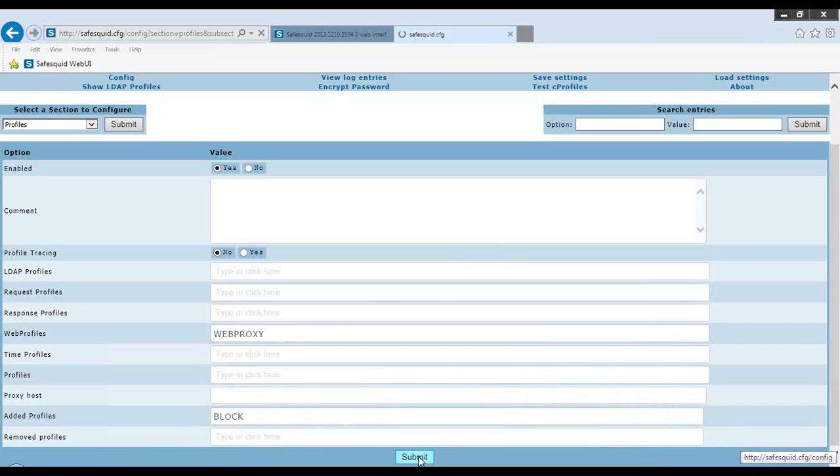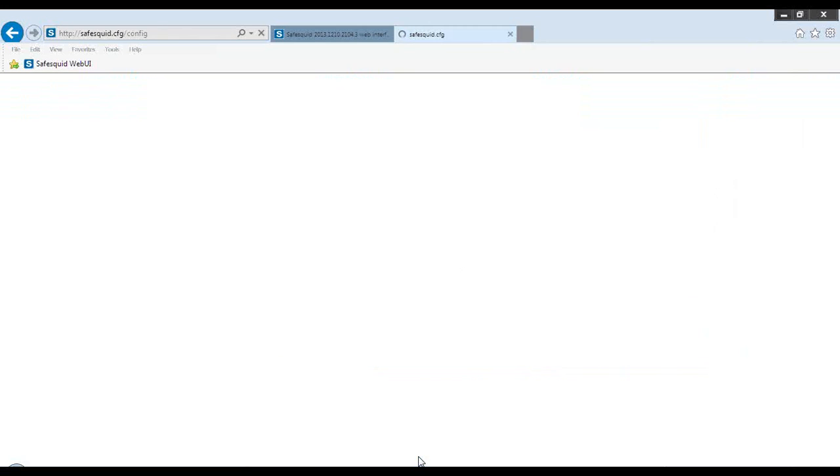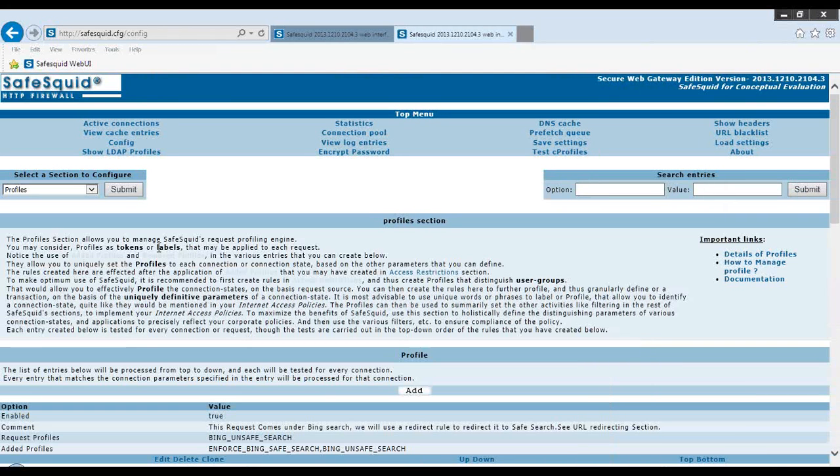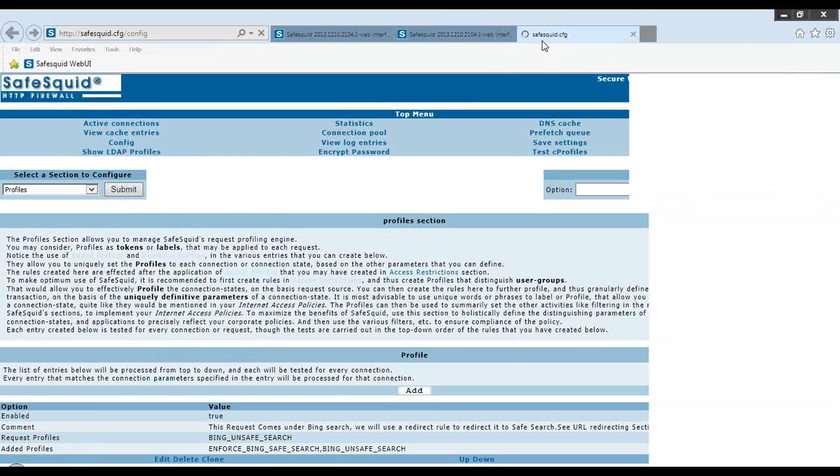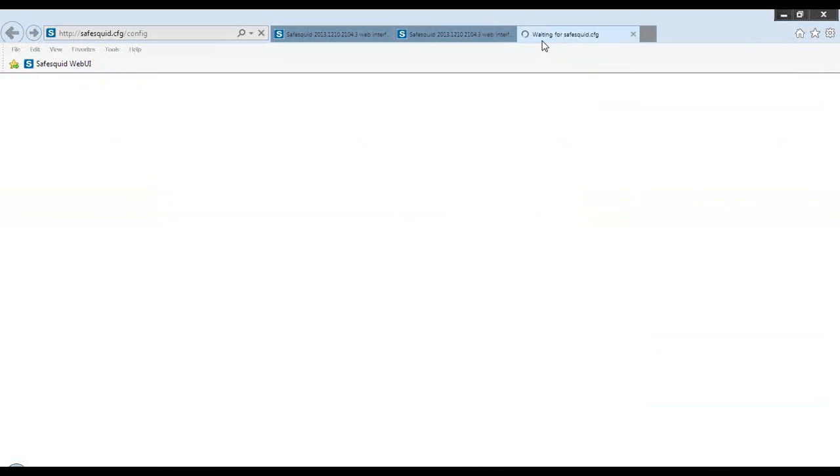Now, of course, you all have been using SafeSquid already, so you know very well that just putting a profile like block isn't going to work. What I'll have to do additionally is apply the profile of block to my URL filter or my MIME content filter.